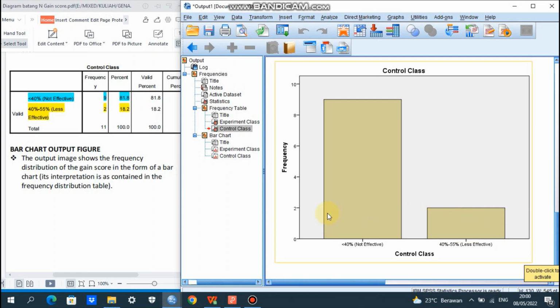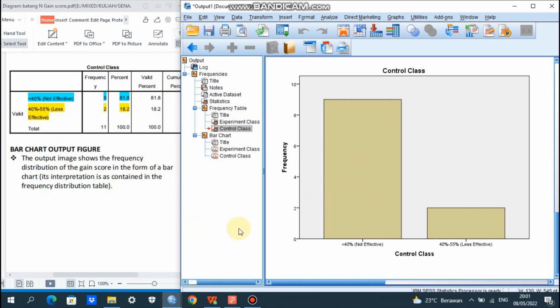And then there are 2 participants or 2 times of N-gain score percentage that show 40% until 55%, or categorized less effective. Okay, so that's it about the bar chart and frequency distribution table for N-gain score.